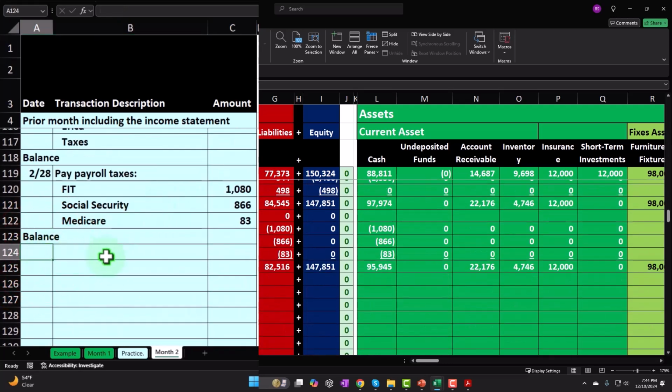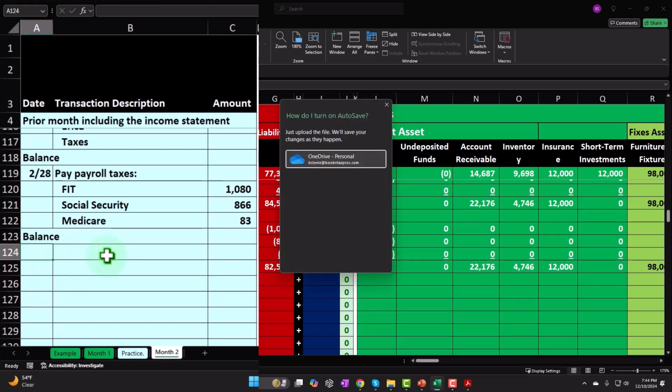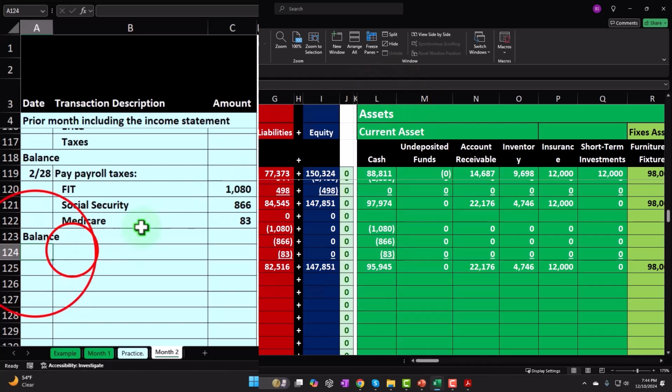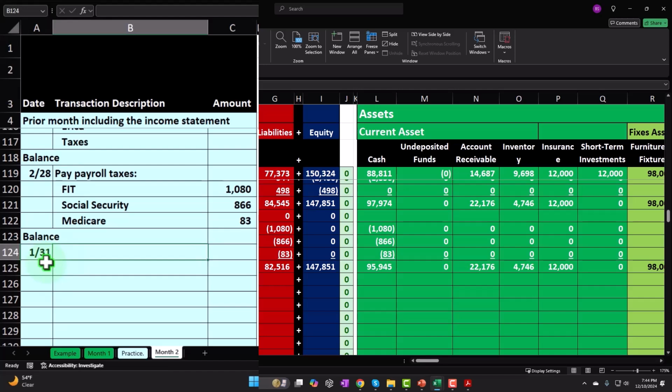And then we're going to say this is going to happen. Now, I'm going to record this transaction as of the end of, what did I do? Okay, pause. So this is going to be 131. And then I'm going to record it as of the end of last month because we're doing the bank reconciliation for the first month of operations. So I'm going to call this miscellaneous expense